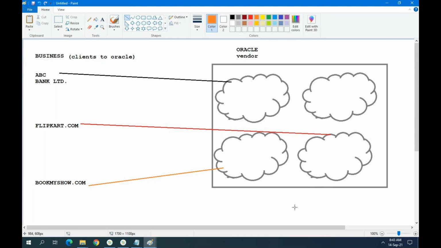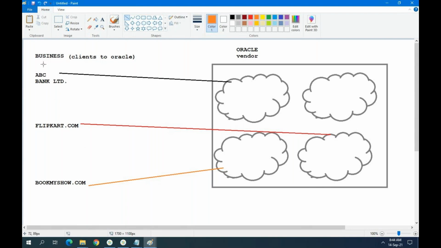Cloud means storage area. Storage area means systems. Where are the systems? The business is not maintaining any separate setup. Oracle is taking that responsibility. The business people have to pay some amount to Oracle. Why? Oracle is providing storage, and also Oracle is looking after the security of your data, and they are always monitoring whether the database storage area is working properly or not.